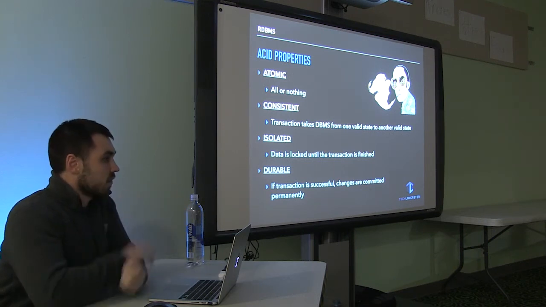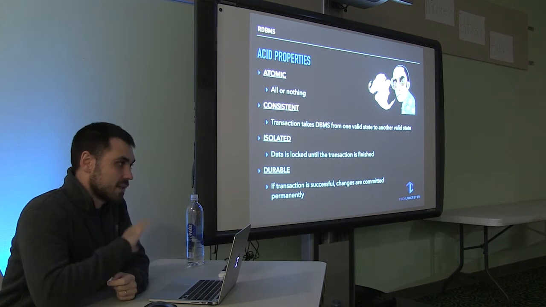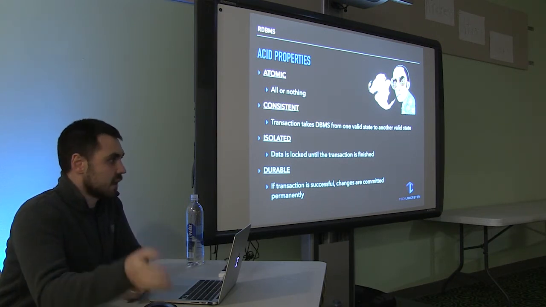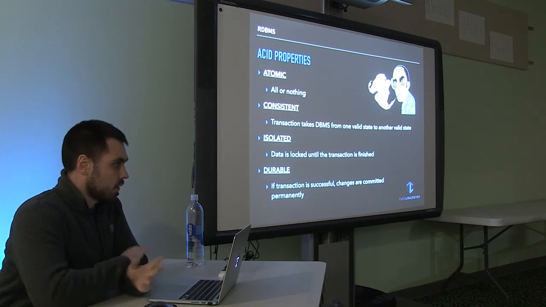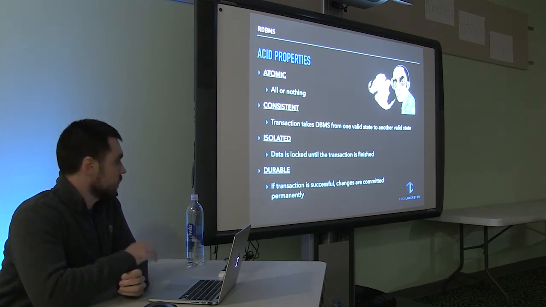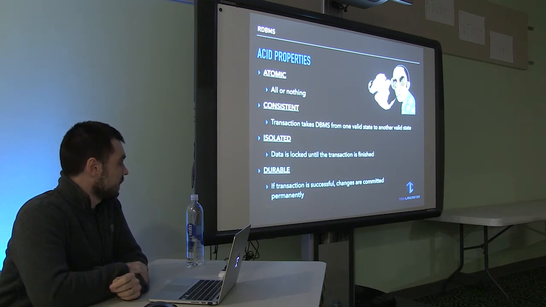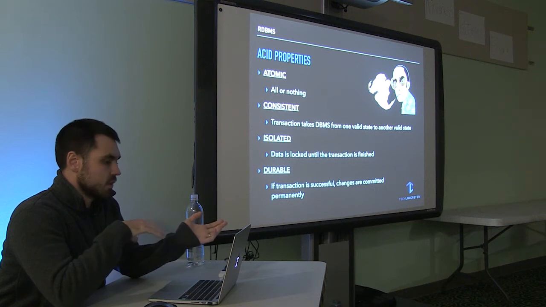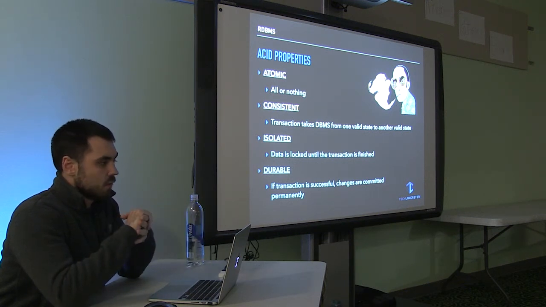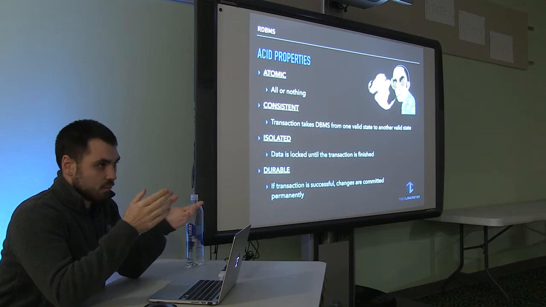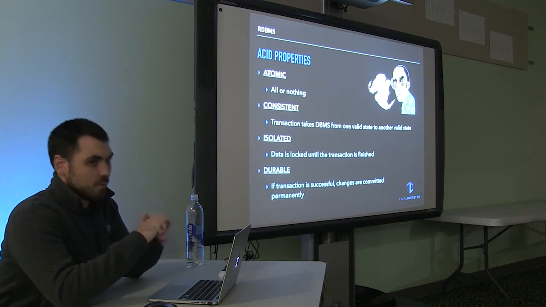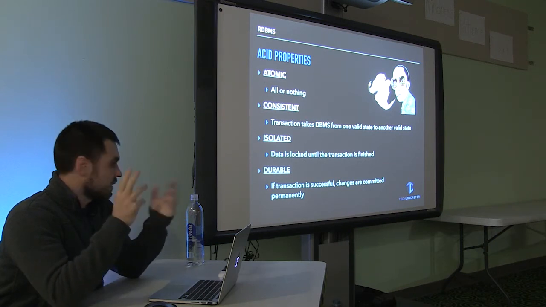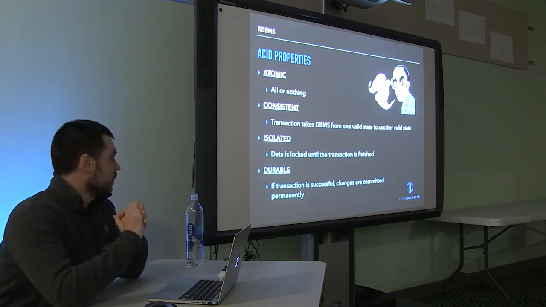Atomic is all or nothing. When you do a transaction against the relational database, if any part of that query fails, the entire thing is rolled back. So all or nothing, there's no partial successes. Next is consistency. We want to take the database from one valid state to another. So that means whatever changes you're imposing on the relational database have to be within the rules of the system: triggers, constraints, data types you use. Everything has to be valid.